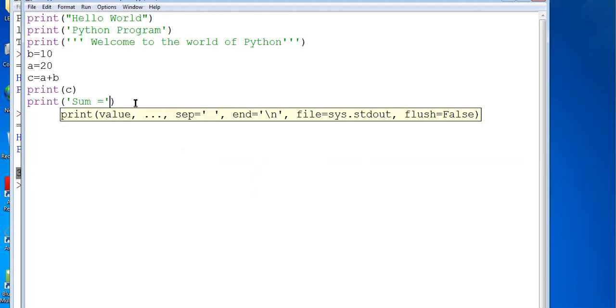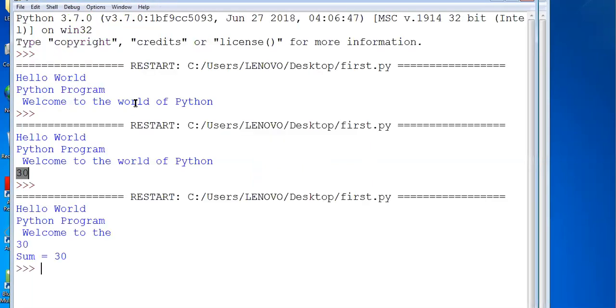Now, whenever you have to write both the value of the variable along with your message, you can write the message followed by the variable. Clear? So I have to save this. Sum equals 30.